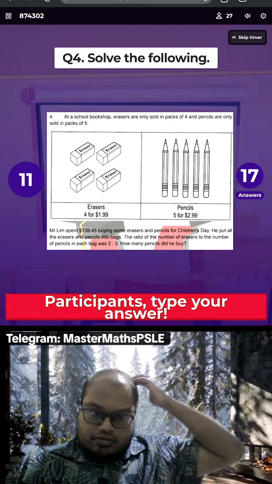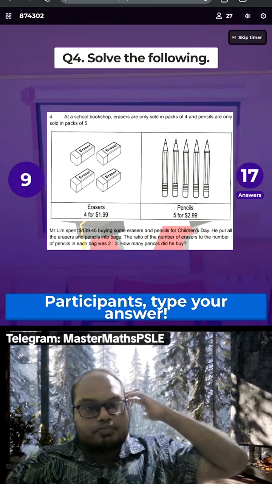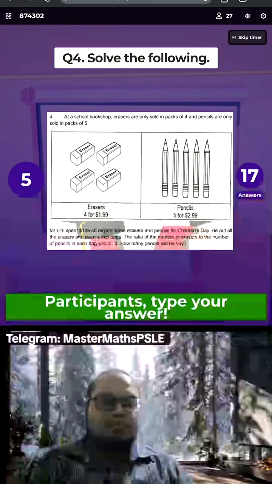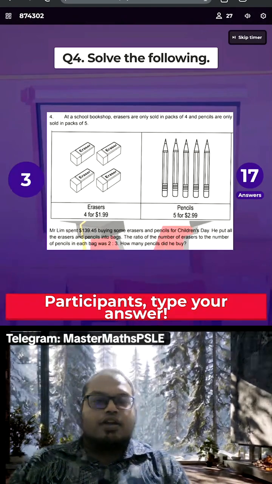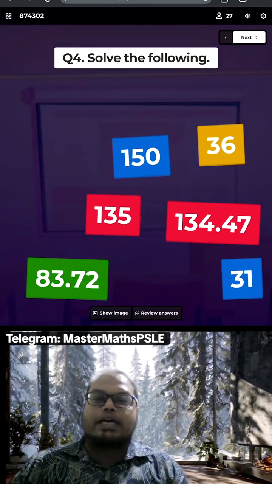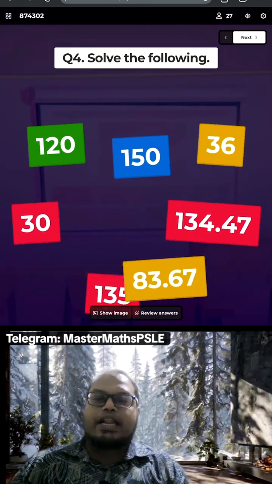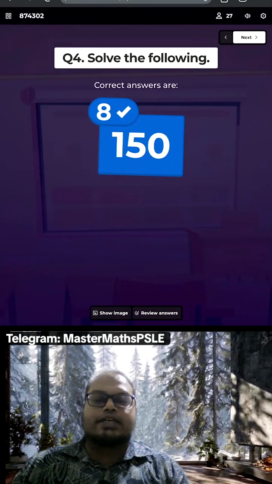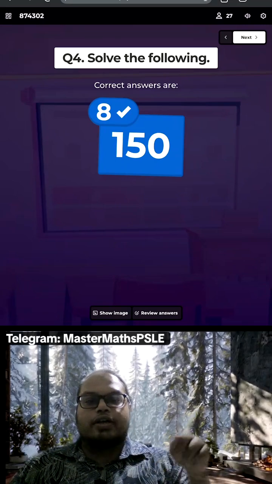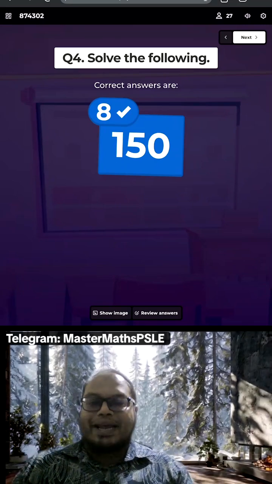It's a common mistake to mix up the number of items with the amount of money spent